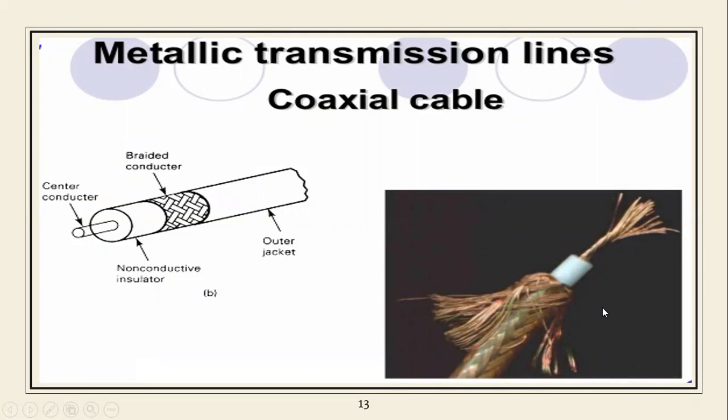Even this is one example of the coaxial cable: how the conductor, how the different types of current cords are, which are nothing but the central conductors. These are the braided conductor, which is in the middle part. How the non-conducting insulators are there, how the jackets are there for protection. Because in the transmission lines, the cables are traveling in space, maybe underground, maybe on the ground, or maybe in the air. So depending upon that, you need to take care. The coating must be there so that there will not be any kind of discontinuity in the signals.